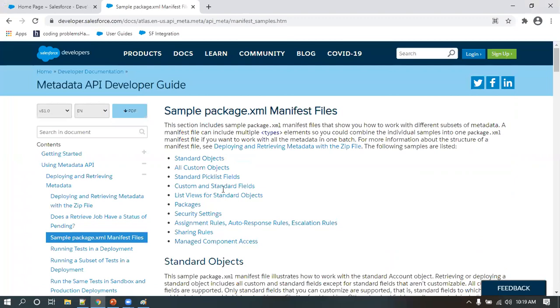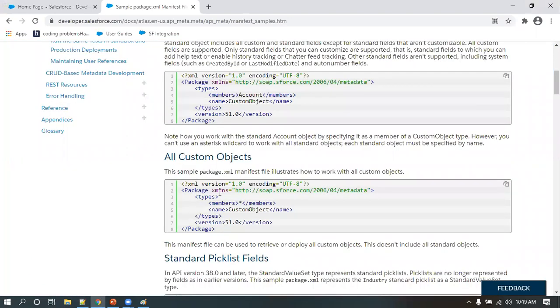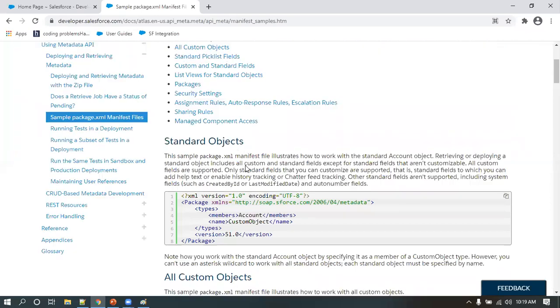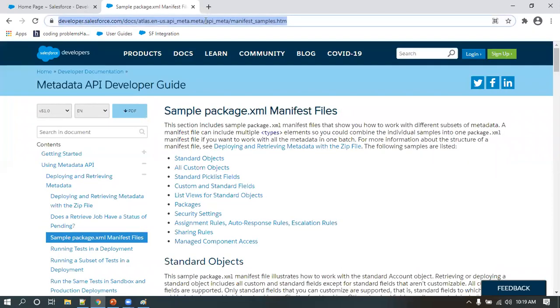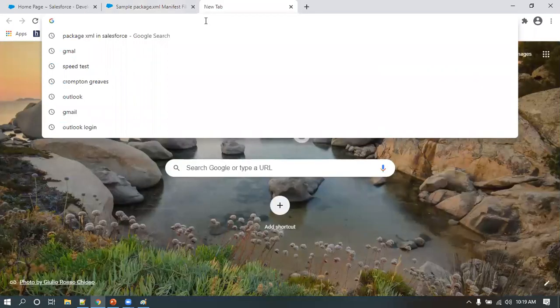We can call this a package XML. With this package XML, we do deployments and extract our code into local machines. So many things you can do with these XMLs, so wait for the time being. You have to use this API document. Now, Salesforce has given another option called